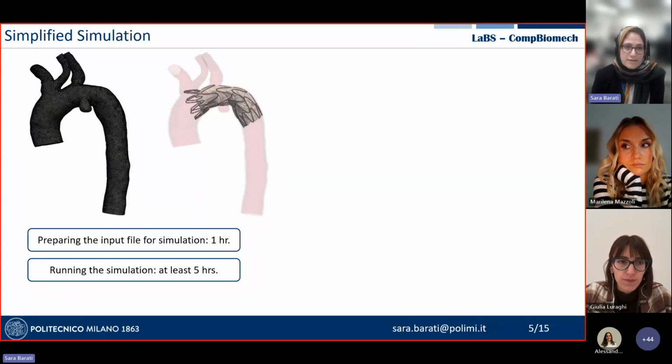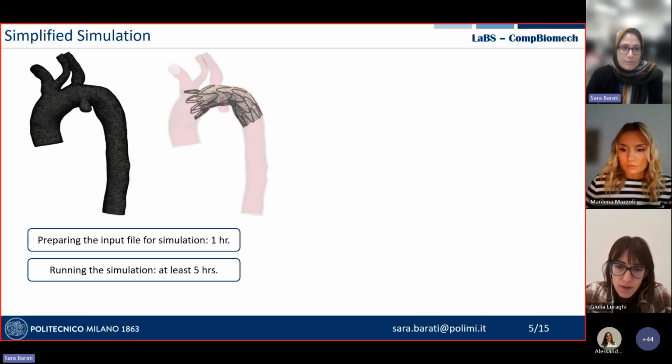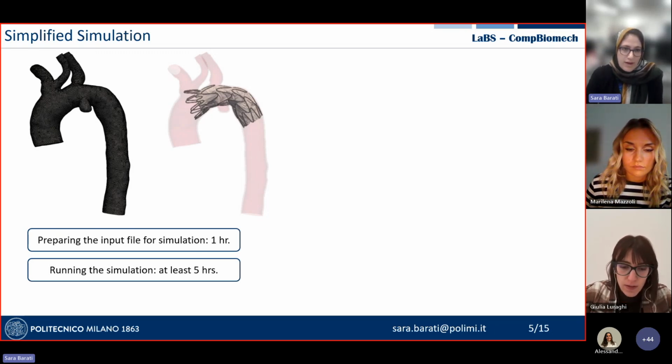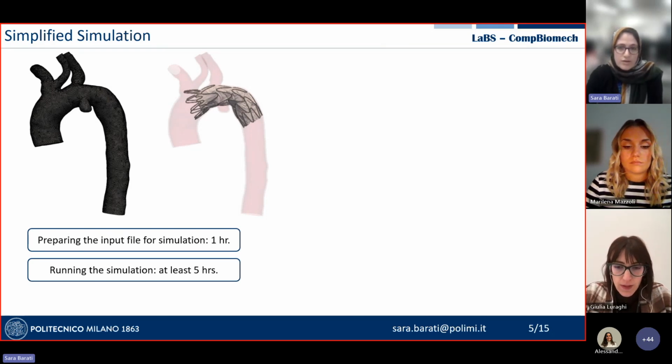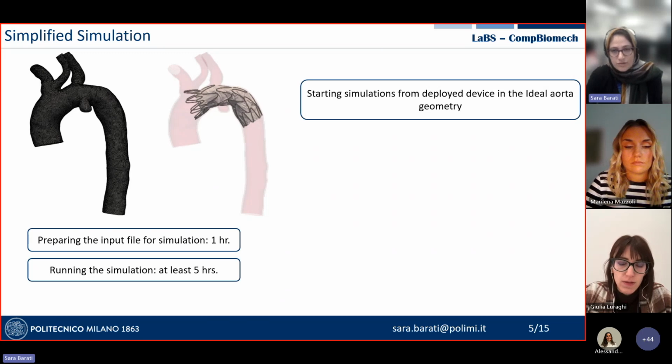The process of the original validated simulation, from the moment that we have the CT file of the patient's anatomy until we have the post-deployed configuration of the stent graft, takes at least 5 or 6 hours. And it is not ideal if you want to use it for thousands of patient-specific cases to be used in machine learning training. So we had an idea to use the ideal geometry and start the simulation from the deployed device configuration in an ideal aorta,